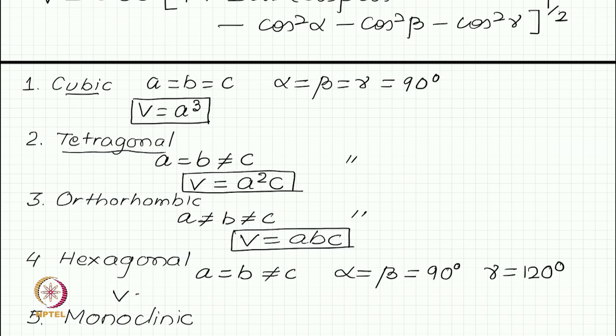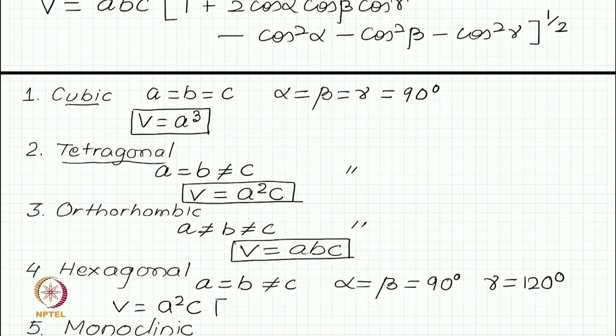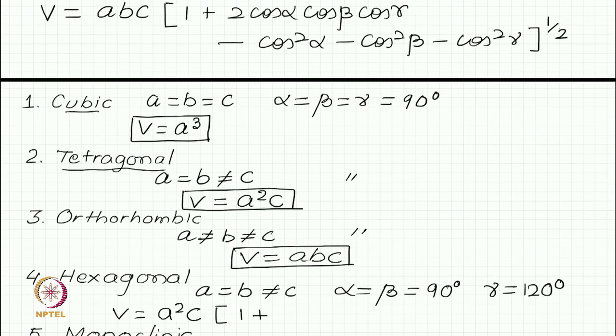So, V will become A square C, 1 plus... cos alpha, cos beta, cos gamma will disappear, cos square alpha will disappear, cos square beta will disappear, but minus cos square gamma will remain. So, we will have 1 minus